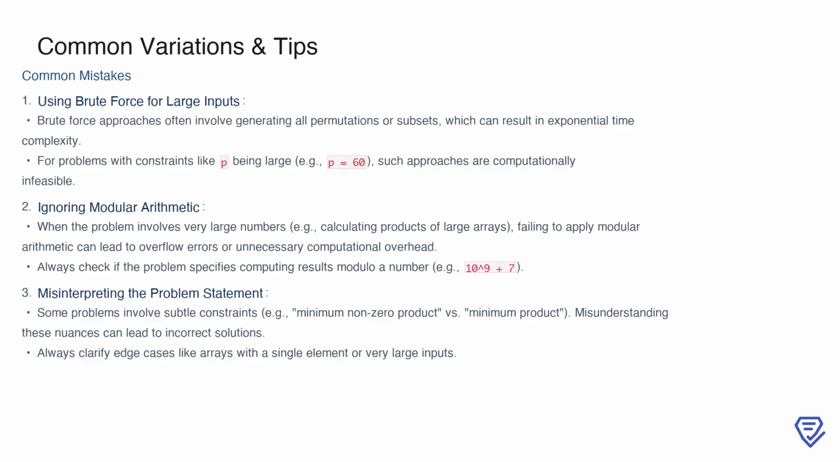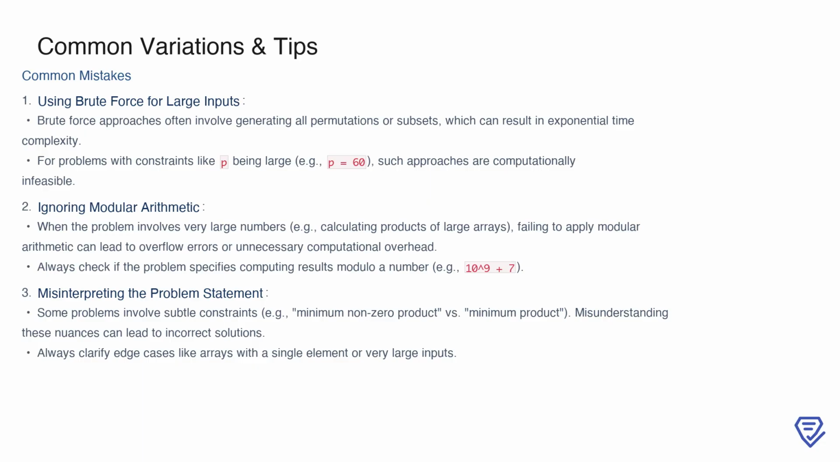Another frequent issue is ignoring modular arithmetic. When working with very large numbers, such as the products of arrays with large elements, it's easy to encounter overflow errors or unnecessary computational overhead. To avoid this, always check if the problem specifies a modulo constraint, like 10^9 plus 7, and apply modular arithmetic